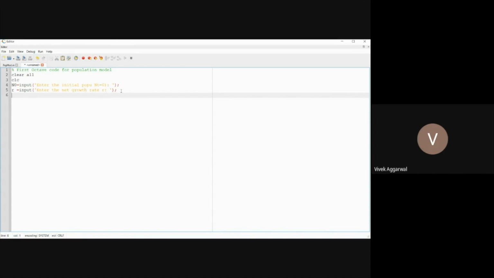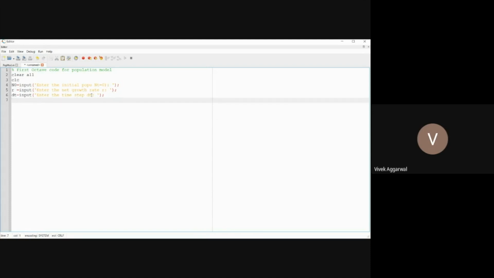Now I also want dt, the time steps. The time step also I will enter. So I will write here, enter the time step, dt. This also we have to define, and now I will want the number of time steps.